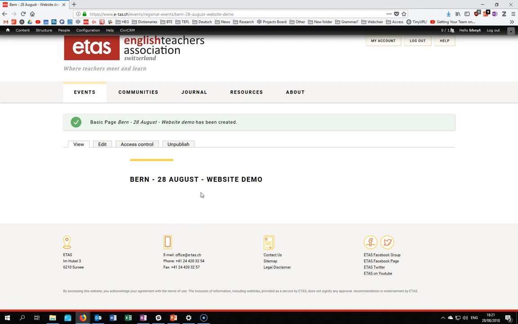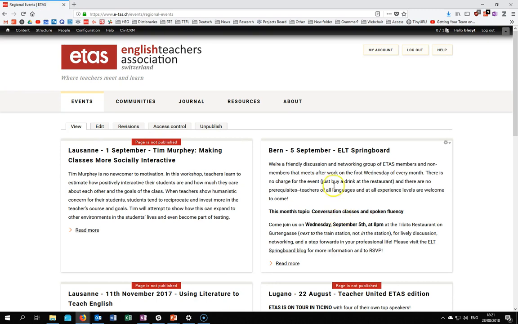Now let's add the summary to the appropriate events page. This is a regional event, so I'm going to go to the regional events page, where you can see other regional events which are not published. This is a nice way, if you do a lot of events, you can just hide your page by unpublishing it. Then people who have editing rights can see it, but normal visitors to the website won't be able